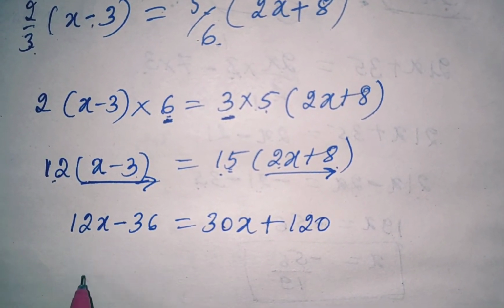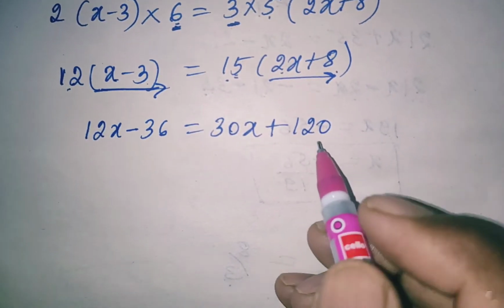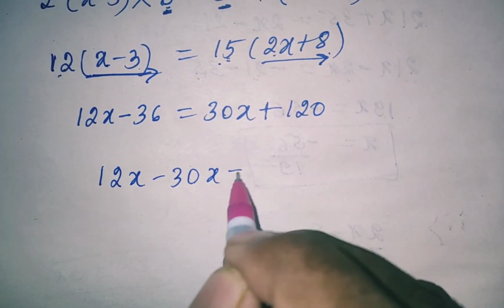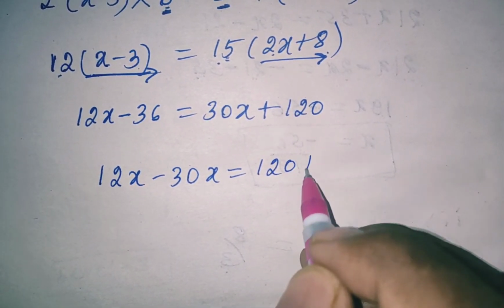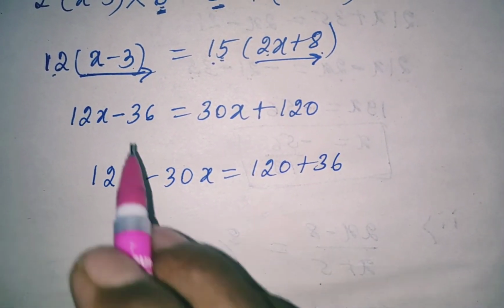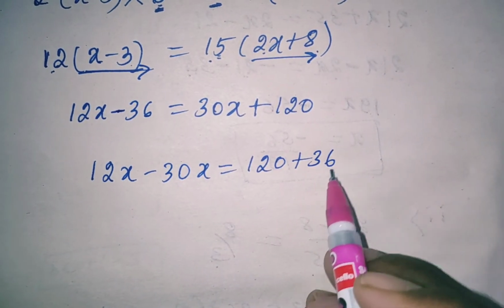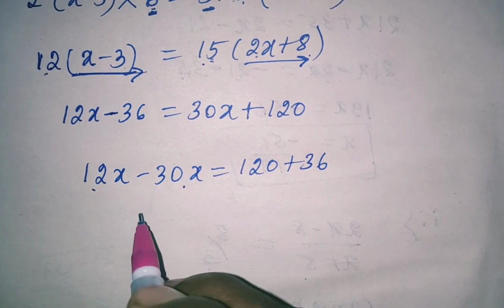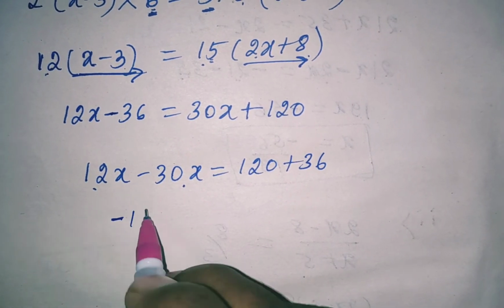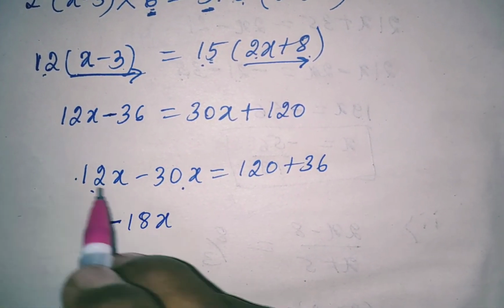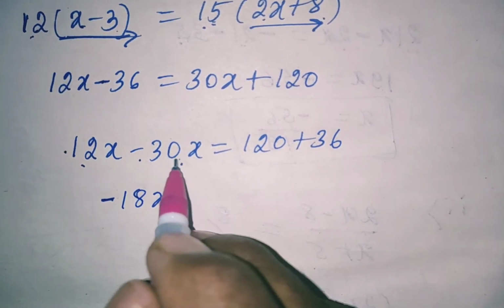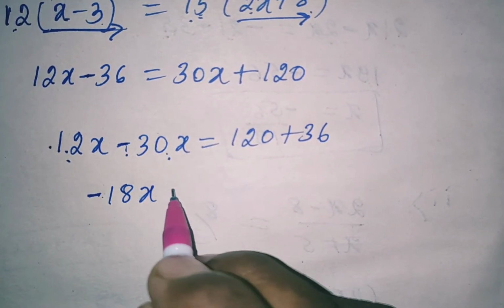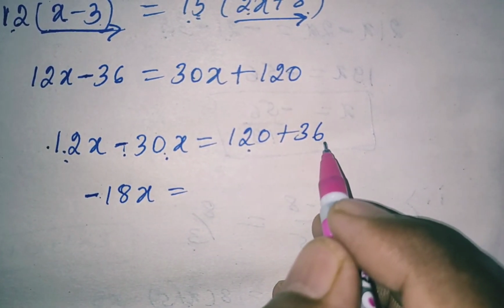Now take variables on one side and constants on the other side. 12x minus 30x is equal to 120 plus 36. This minus 36 is there, it comes to this side and becomes plus 36. 12 minus 30 is minus 18. Because here plus is there and here minus is there, we need to subtract, 30 minus 12 is 18, and the bigger number has the minus sign, so minus 18x is equal to 120 plus 36,